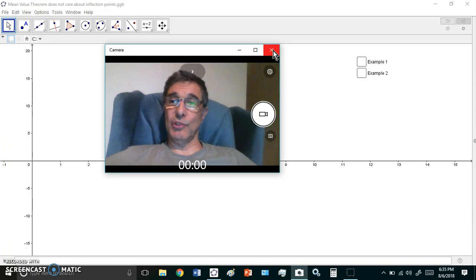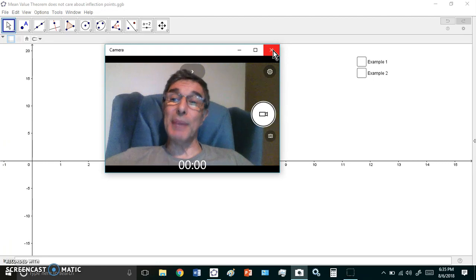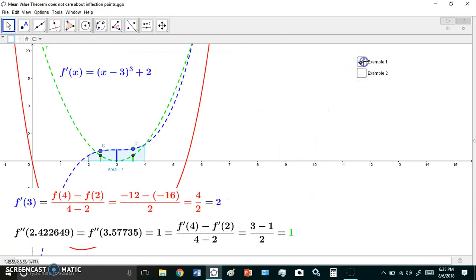So I'm going to show you very quickly that there is no tangent line at a point of inflection, and it doesn't matter if there is a derivative there or not, because the mean value theorem still works, which means the fundamental theorem of calculus also works. So let's begin. Now, if we look at this example here, this blue broken curve is this